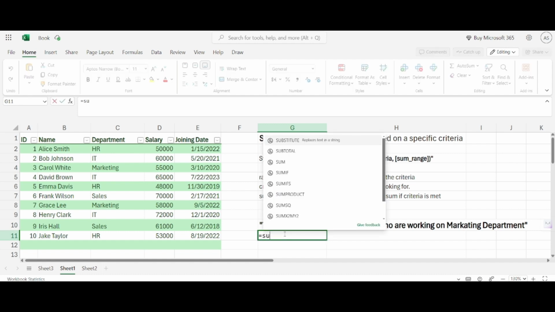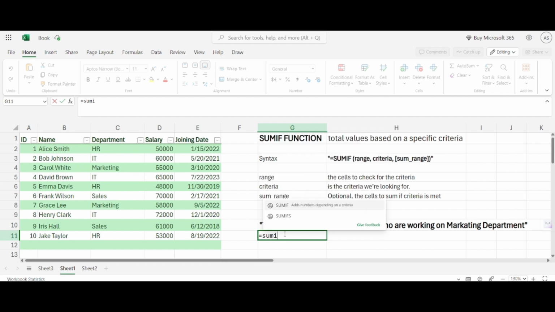Sum equal to SUMIF function. Then first we have to select the cells to check for the criteria. Here department is the cell to check for the criteria. You can select this range like this or select this entire column like this and give a comma and then criteria. Here criteria is my department should be marketing, so